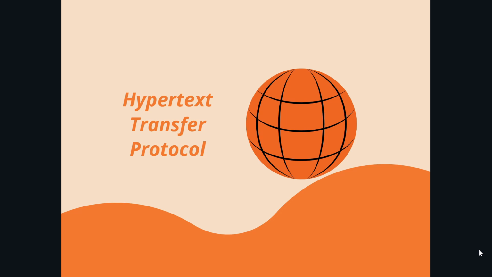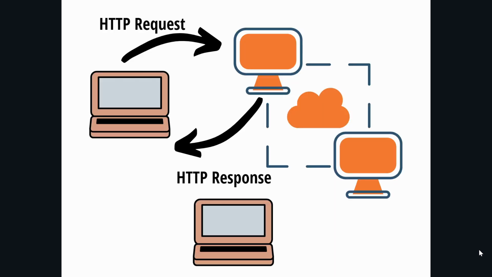HTTP is Hypertext Transfer Protocol. Basically, it is designed to enable communication between clients and servers. Instead of telling you boring details, let me give you an example. A browser, also known as the client, sends an HTTP request to the server. Then the server returns a response to the client. The response contains status information about the request and may also contain the requested content. So that in short is basically what an HTTP request is all about.